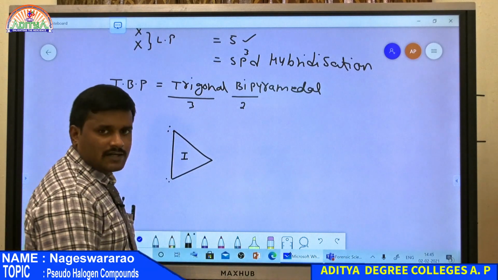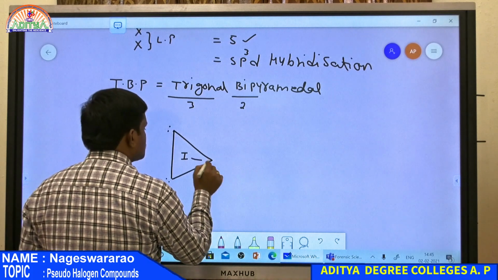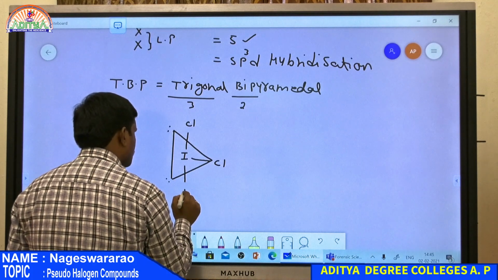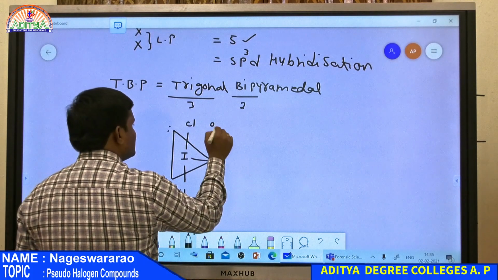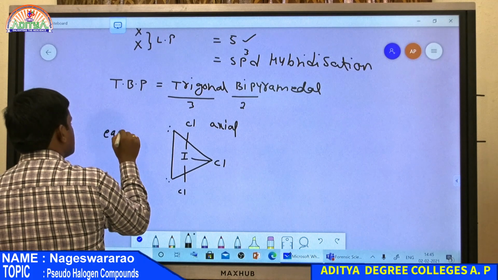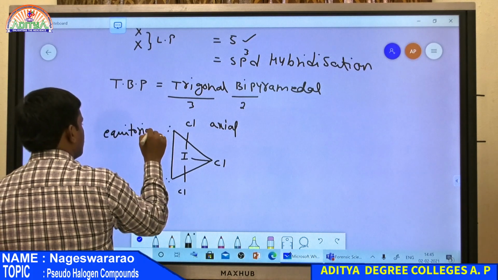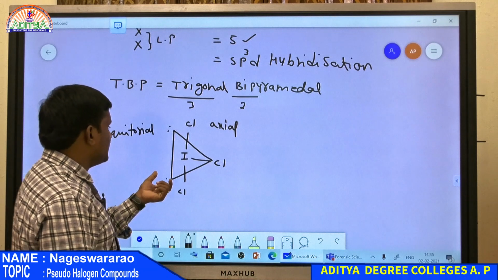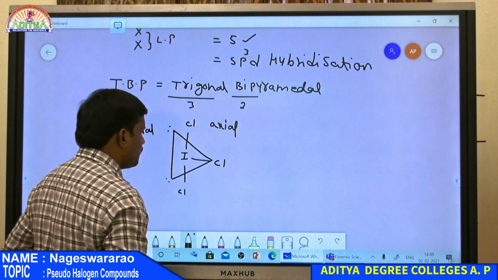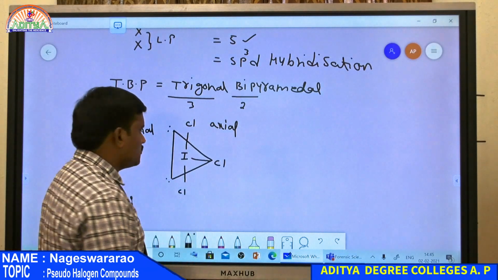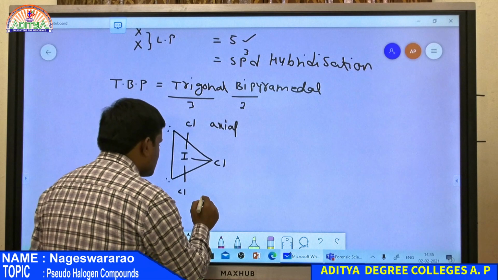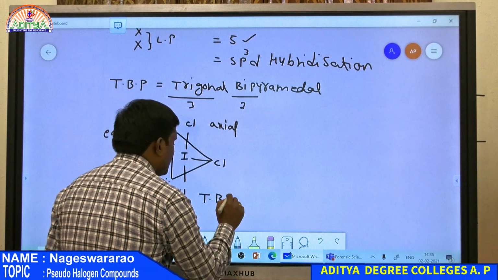So these are the two lone pairs of electrons, and the remaining ones are chlorine atoms: this is one chlorine, this is another chlorine, and this is another chlorine. These positions are known as axial positions, and these positions are equatorial positions. So here the lone pairs of electrons are present at equatorial positions, whereas the remaining chlorines are axial, this is also an axial bond, and this is an equatorial bond. The lone pairs of electrons are always present at equatorial positions, and this structure is trigonal bipyramidal,